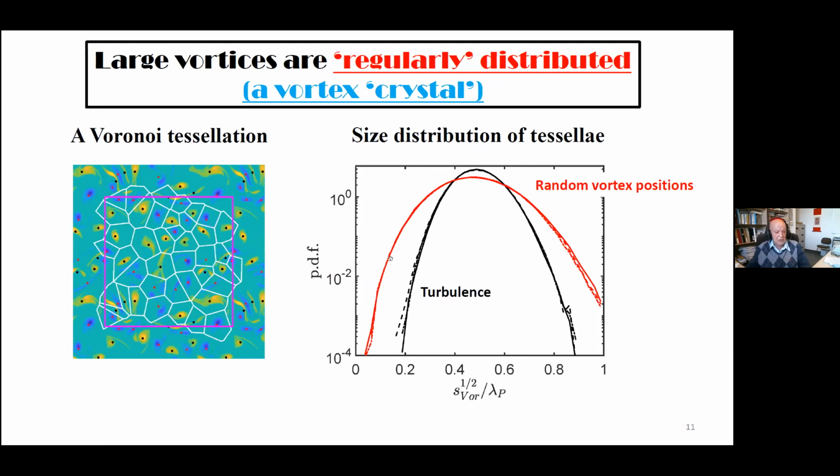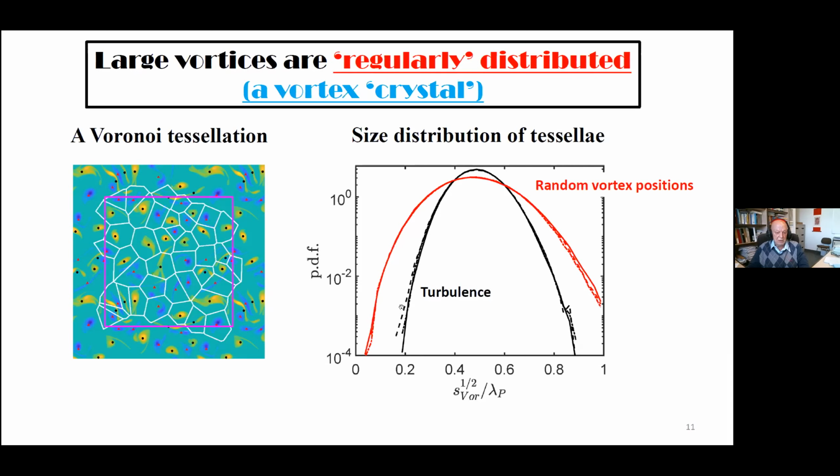And you can check that, for example, you take your large vortices. I have taken the small vortices away. You substitute them by a point at the center of gravity, and partition the plane into cells which are basically the nearest neighbors of each point in here. This is called a Voronoi tessellation. And look at the size of the tessellation, I mean, which fraction of the plane is associated to each vortex. And you get a distribution of sizes, which is something like these black things here.